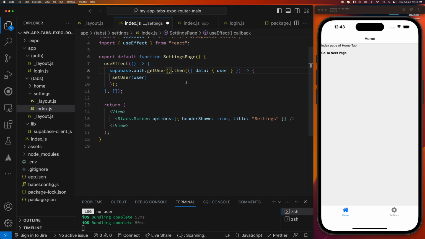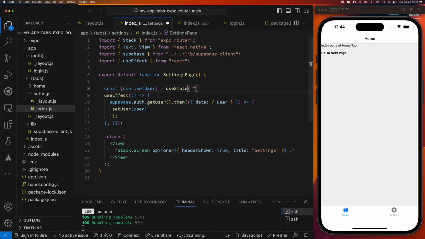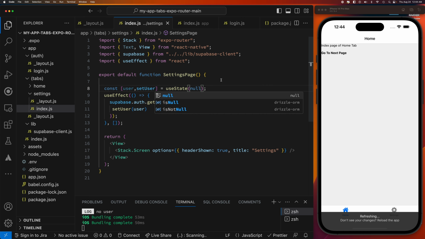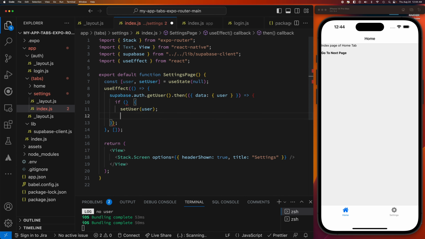And we'll create our state up here, and we'll set it to that. Actually, let's set it to null. And let's kind of format this. And so now, let's throw an error. So if... else